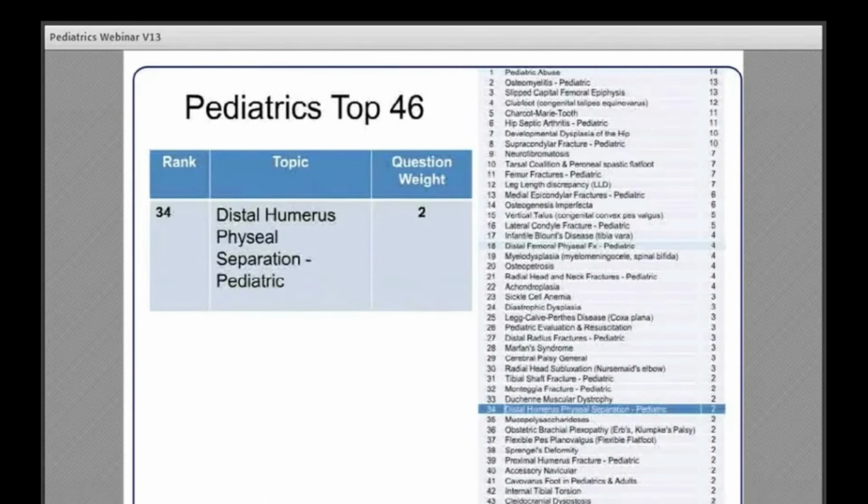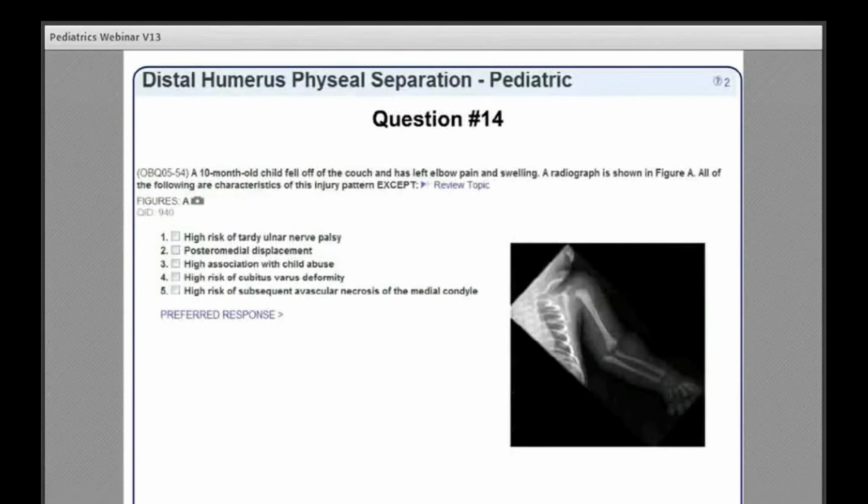Humeral physeal separation. A 10-month-old child fell off the couch and has left elbow pain and swelling. A radiograph is shown in Figure A. All of the following are characteristics of this injury pattern, except